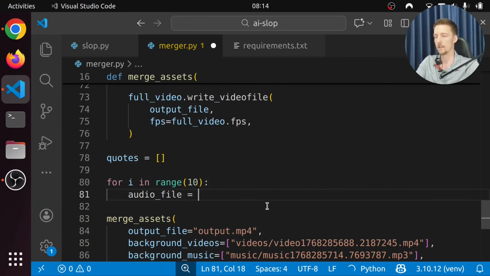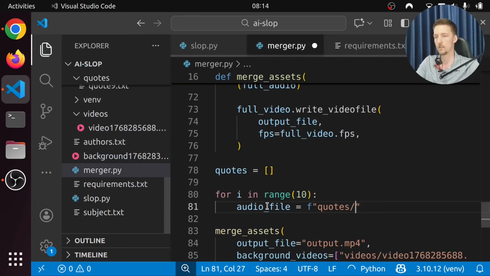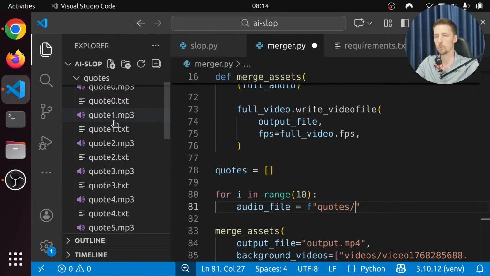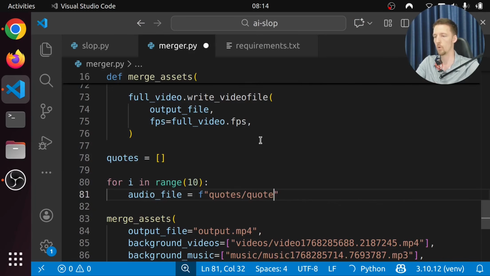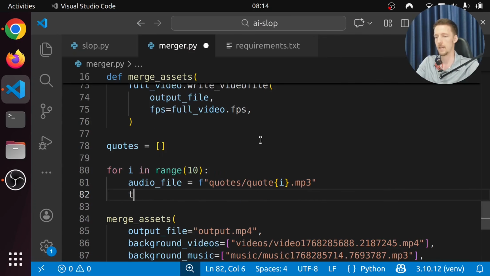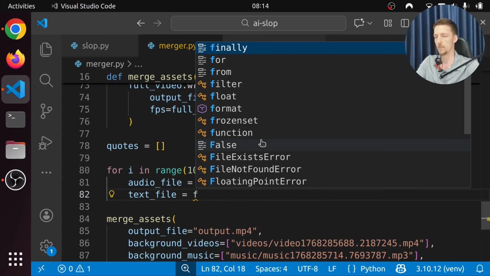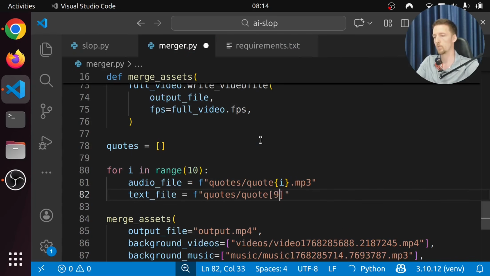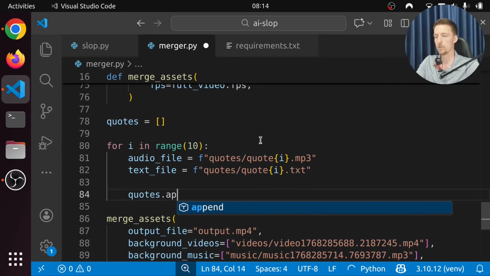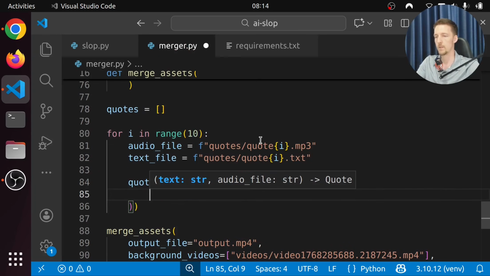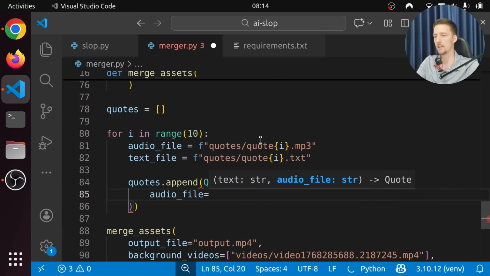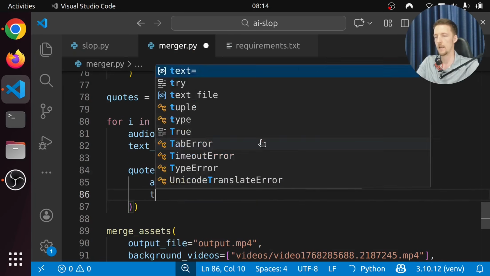Audio file is going to be quotes slash, how did I name them? Quote and the index, so quote and the index.mp3, and text file is going to be quotes, quote, index i.text. Then we can say quotes append, and we can append a quote with the audio file, which is going to be audio file, and text.